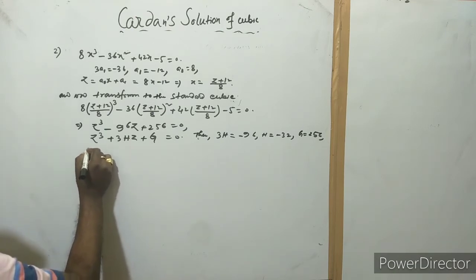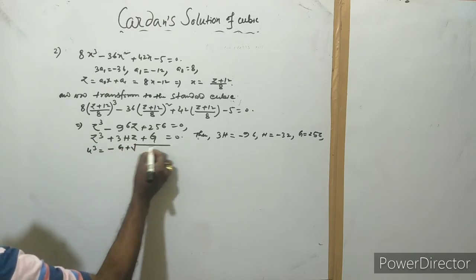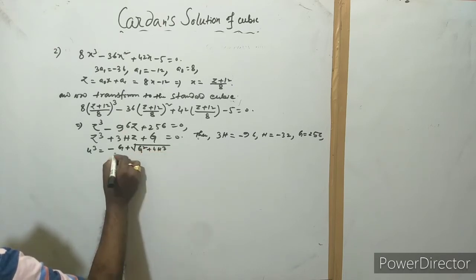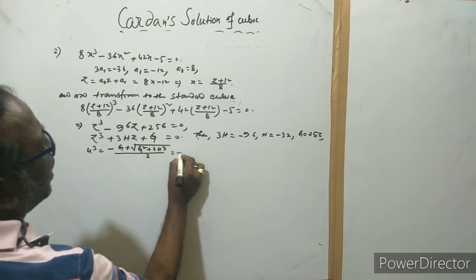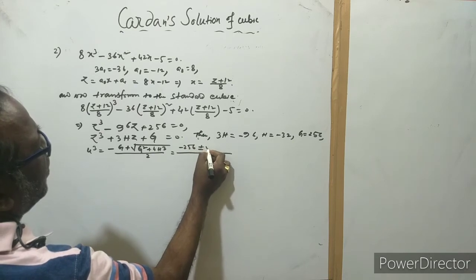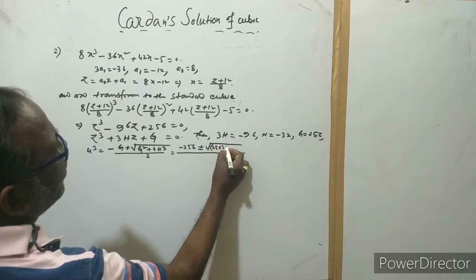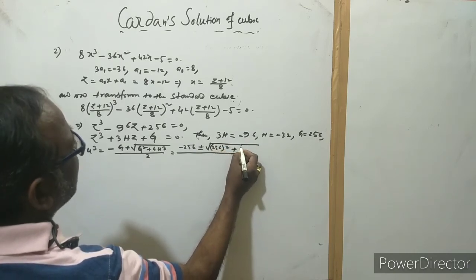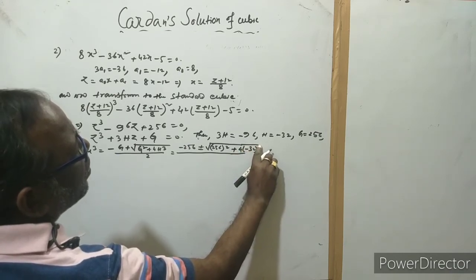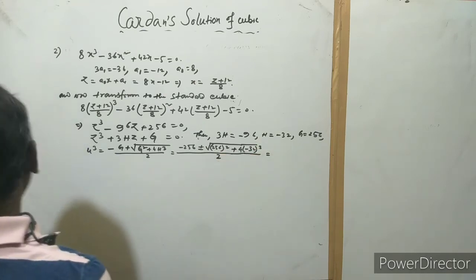Therefore, u cube equal to minus g by 2 plus or minus root over g square plus 4h cube by 2, and this is equal to minus 256 by 2 plus or minus root over 256 whole square plus 4 into minus 32 whole cube by 2,